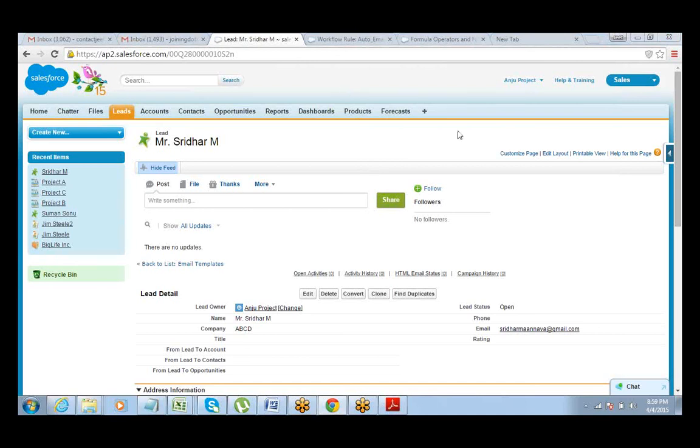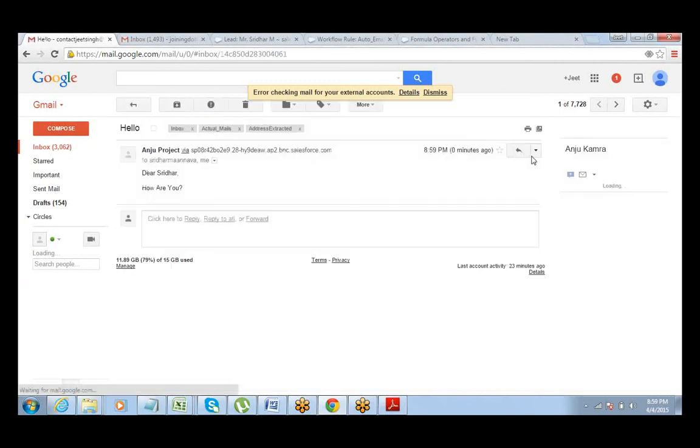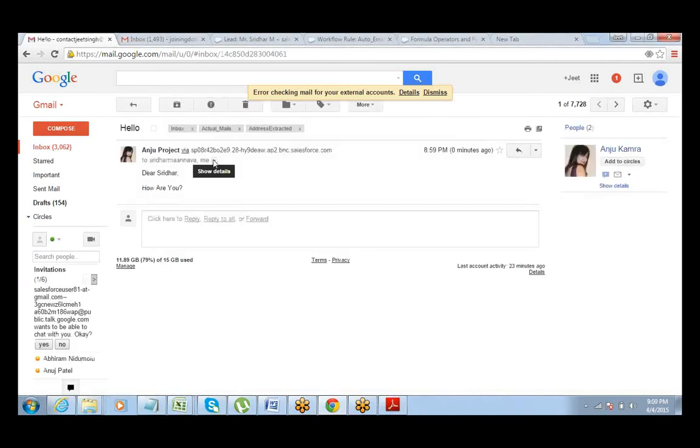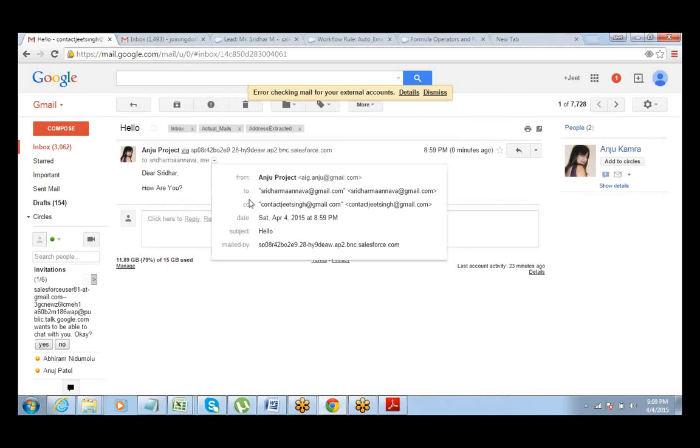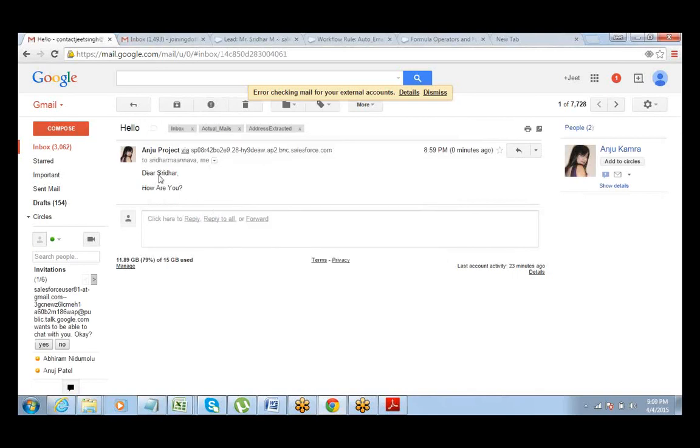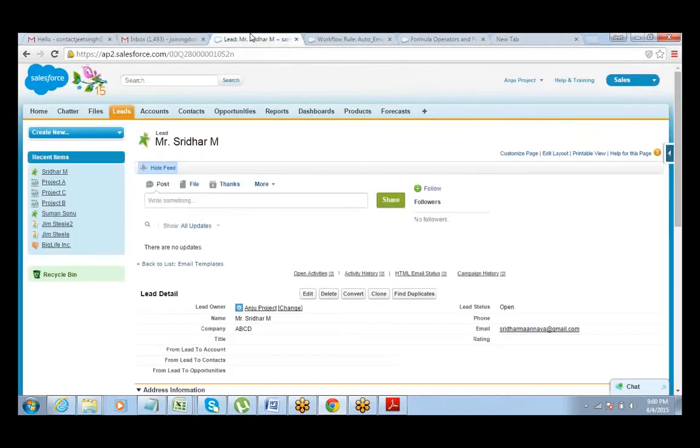Because I was copied on that email, I should receive the mail. See, here it is. I received the email. Dear Sridhar, hi, how are you? Right? Got that? So that is how a workflow rule works.